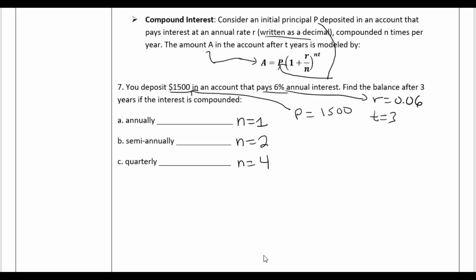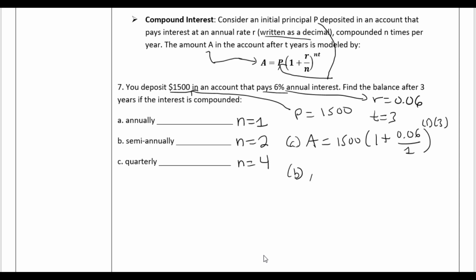So instead of 6%, if it was 4%, for example, then it would be 1% each time they apply the interest. They'll do it 4 times in the year, and it'll be 1% each time. So that's what that stands for. All right, so for n equals 1, we have A equals 1,500 times (1 plus 0.06 divided by 1). So we're just plugging in the numbers. N is 1, R is 0.06, N is 1, so 1 times T, 1 times 3. And then we get that number. I'll get that number in a little bit, and then I'll put it in there. But first, let me go ahead and do